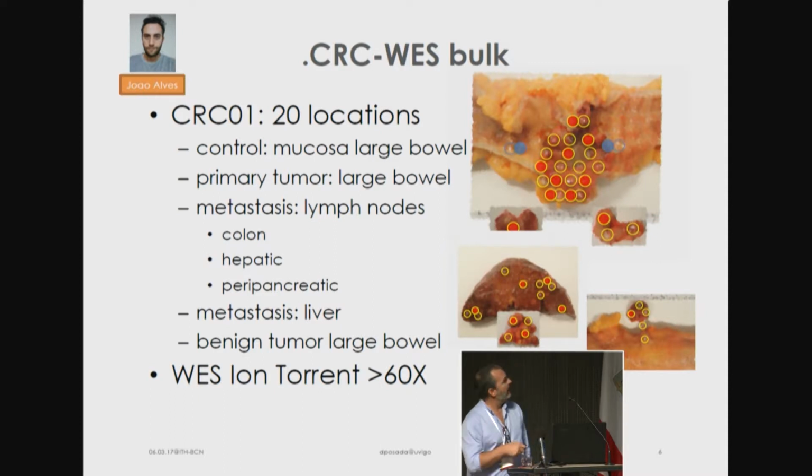That's what we're doing. Basically, to get our feet wet, we started with this sample. This is an autopsy where we got 61 samples from a single individual with colorectal cancer. And we already sequenced, we started doing whole exome sequencing, okay, NGS from 20 locations, as you can see described, right? So we got locations from the primary tumor, okay, those in red, and healthy samples.